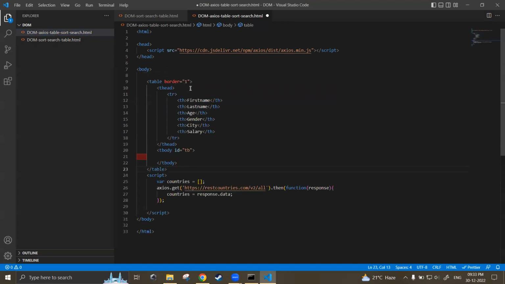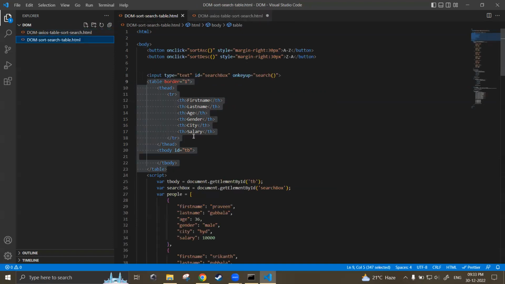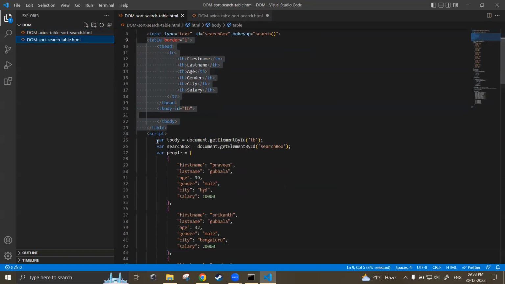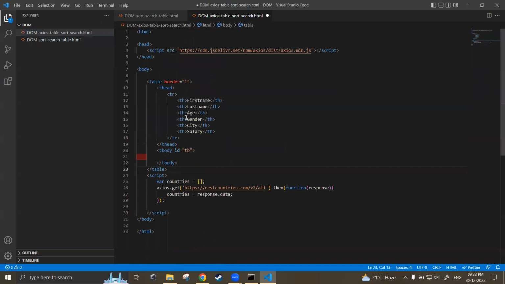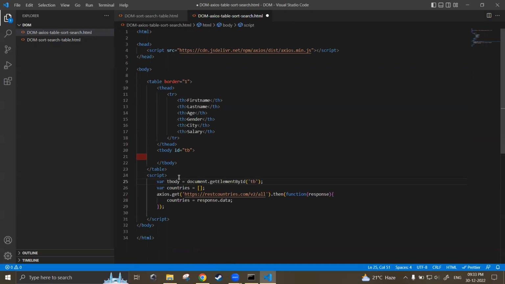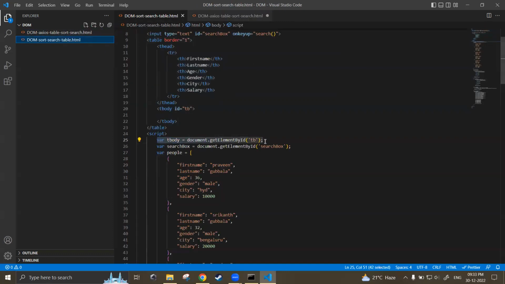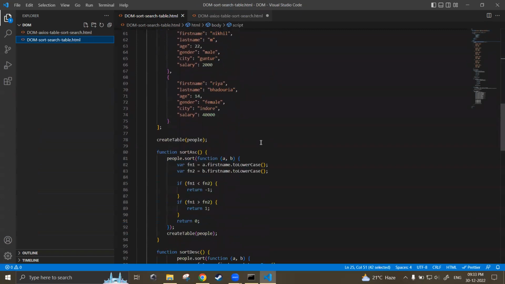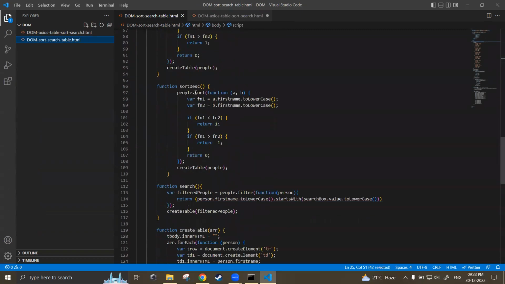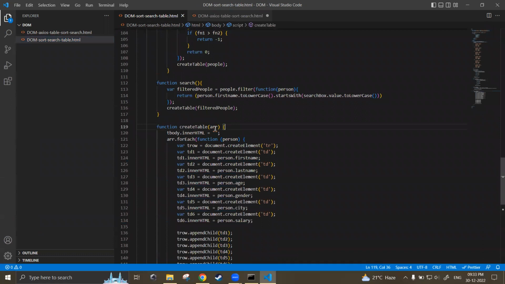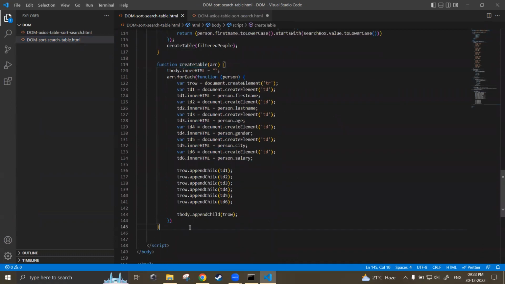Next, what we did after creating this table, we have to have these variables. What variables? The tbody, and the search box I'll put later on. Let me take the tbody now. So I have the tbody in the beginning of the script. Okay, fine. Now after I get the tbody, what do I do next? Now I can start creating this function, the create table function. So I'll copy this create table function,